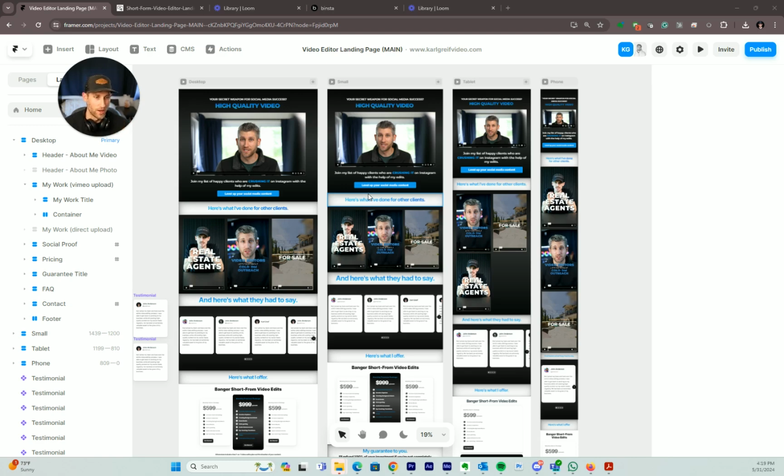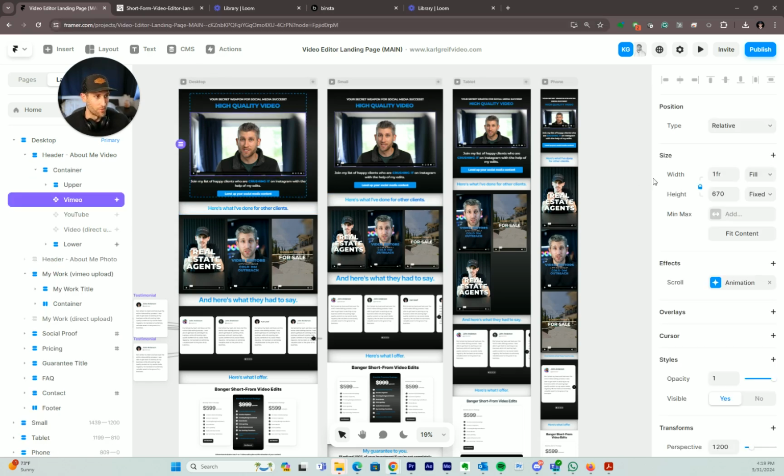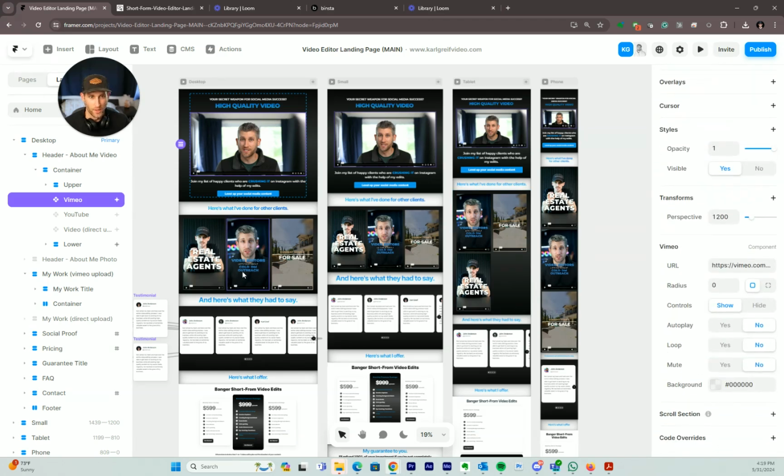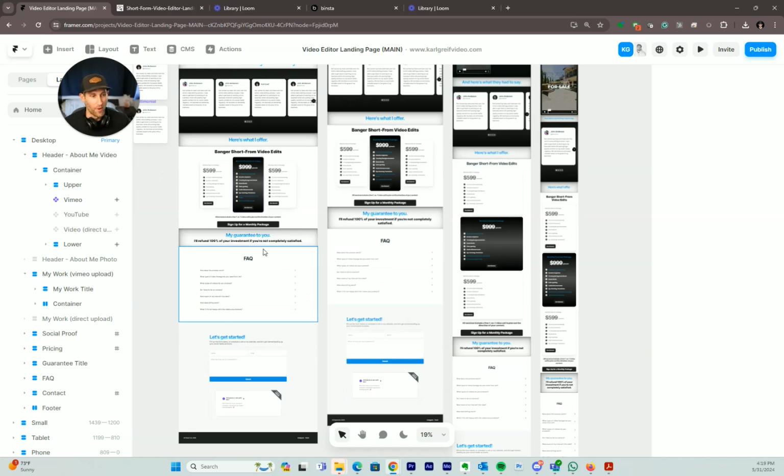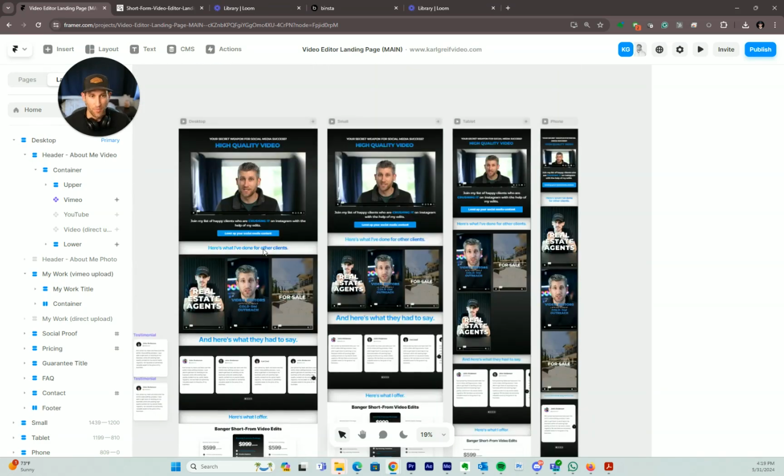So I designed this landing page on a platform called Framer. You don't need to know how to code whatsoever. It's super easy to use. If you've ever used Figma, it's really similar to how you edit things on Figma. I'm not a web developer by trade. I'm a video editor, but I do know some web. I set up the layout myself, and then I paid a web developer to go in and